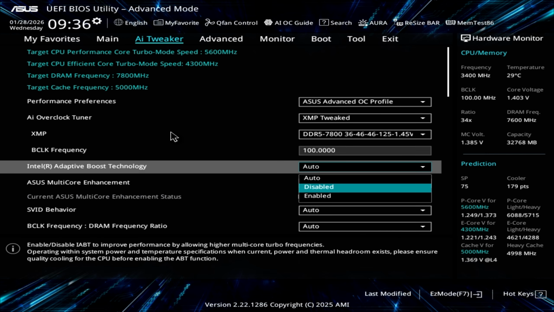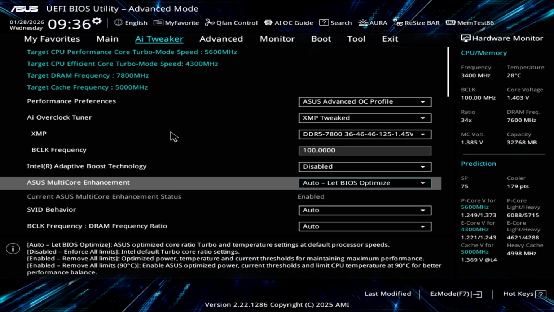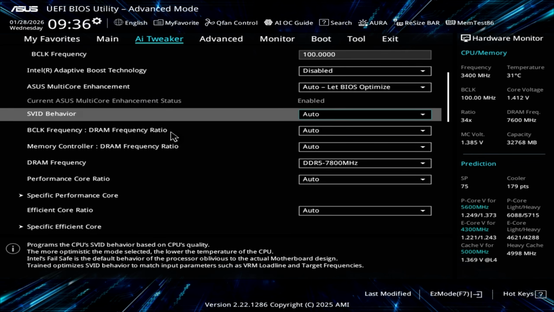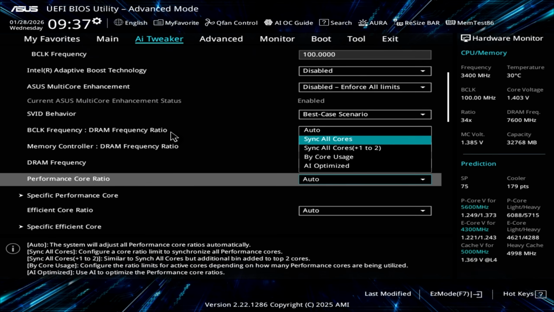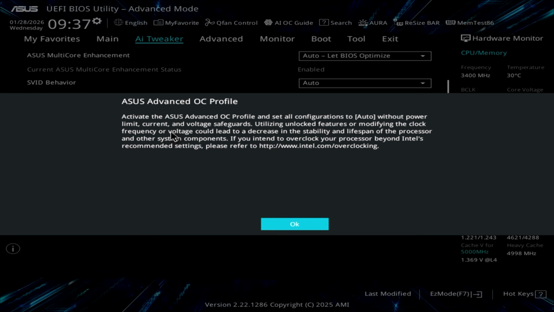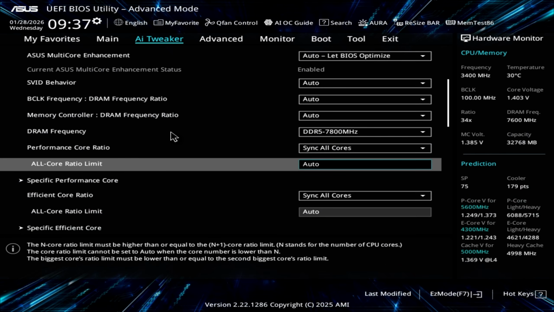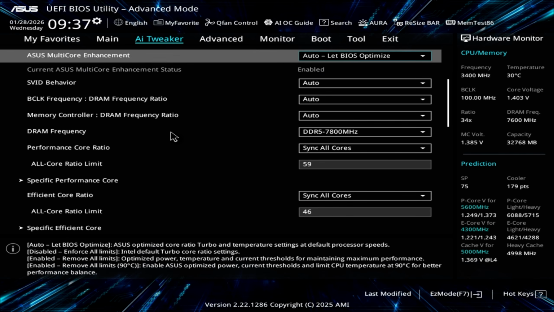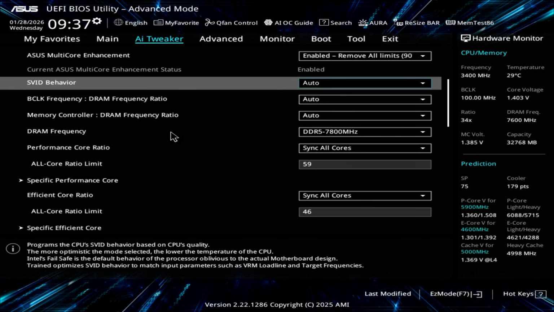100 here, always. Disable. I don't touch it, because it will be put back to default every time I change something here. For example, if I do that, and then I change here, look. You see? So first, change these two. Okay, I put directly 59 and 46, and then we can change. Okay, so here, removal limit 90, classical, best case.